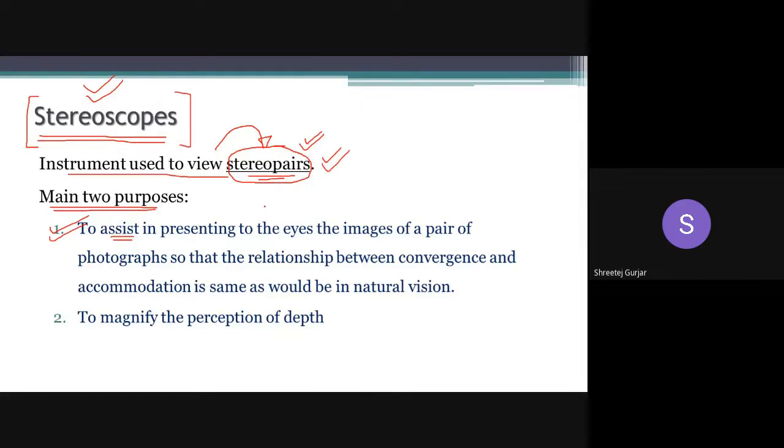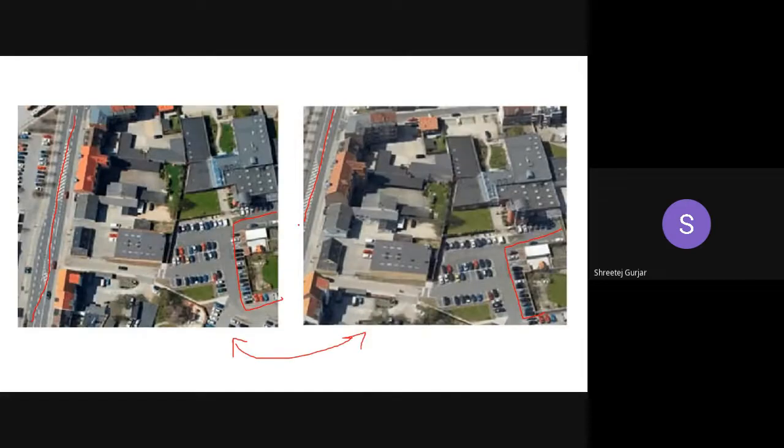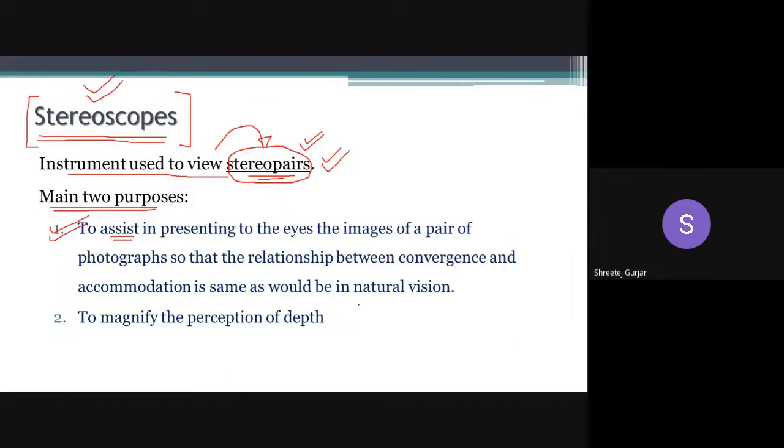That is, once you view through this stereoscope, these two images will combine, right? They will combine and you will see only a single image. That is the magic of the stereoscope. Similarly, just as you see one single image from two eyes, these two photos will combine together and you will see only a single image, like the natural vision that you have. So that is the main purpose of the stereoscope.